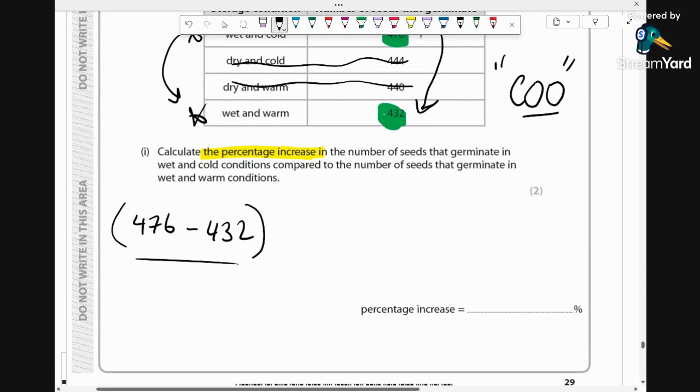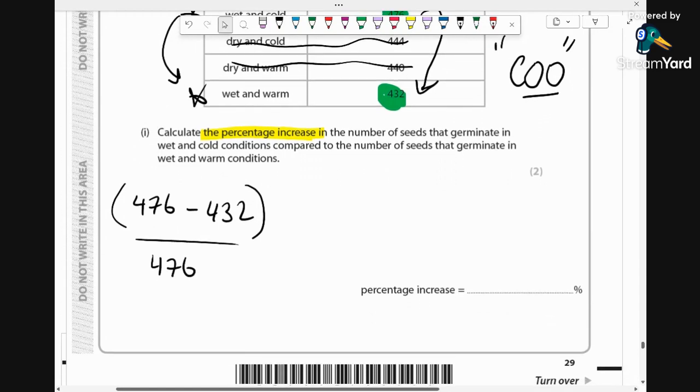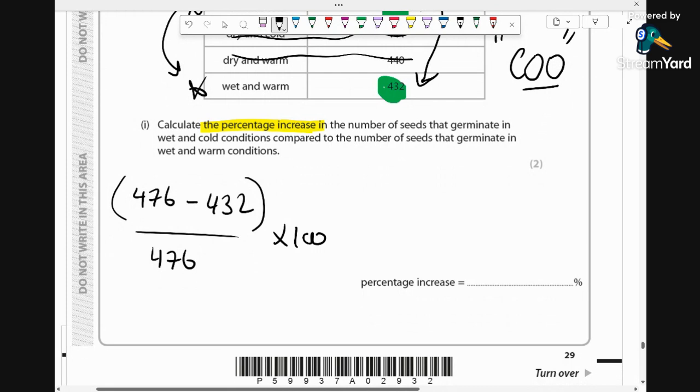Over the original, which is of course 476, and it's a percentage, so I need to multiply by 100, and that will hopefully give me the answer. If I plonk this into my calculator, 476 take away 432 over 476 times 100 gives me